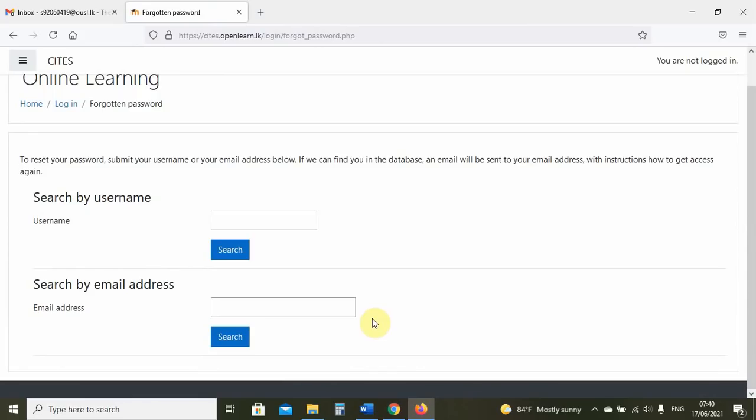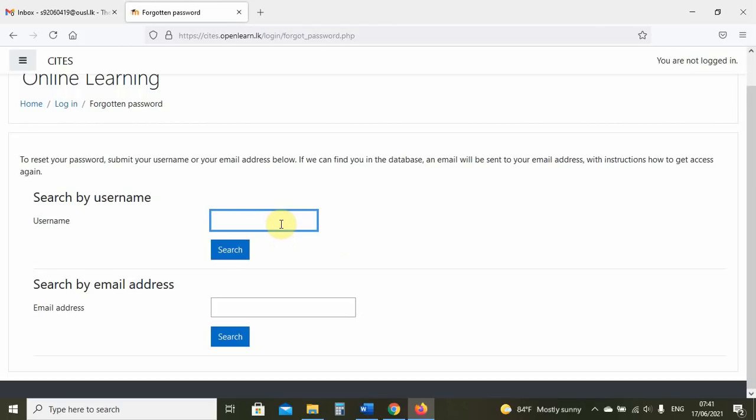Now, the email address that is associated with your LMS account is your official Open University Gmail address, not your personal Gmail address. Okay, so it is important first to activate that Gmail address before trying this password reset. If you ask for the reset, it will go to that account. If that account is not accessible to you, then you will not be able to reset. That is why the information was given to you at the beginning.